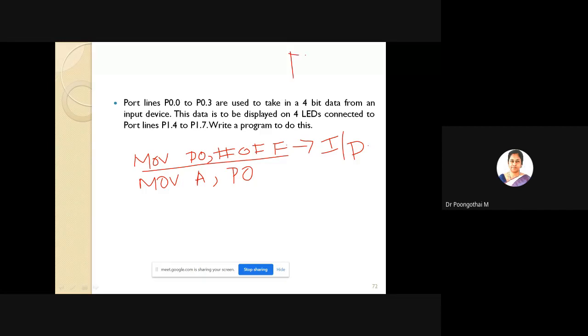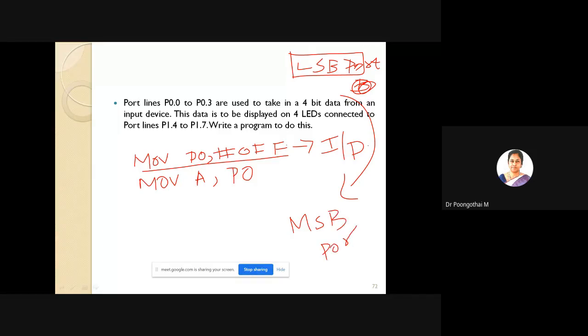So here we have to copy the data from LSB of your port 0. Port 0. And this should be written into MSB of port 1. Okay. So after that, the result is in accumulator, you have to extract your LSB alone. You have to extract your LSB, that is LSB of your port 0.